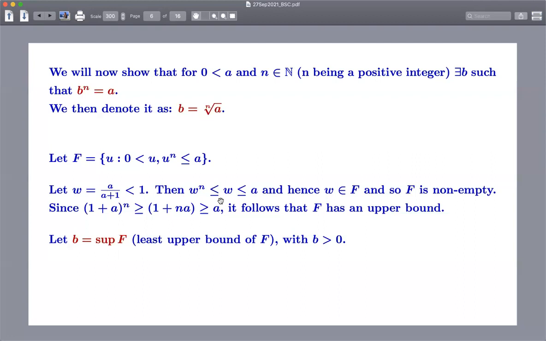One can take many different ways of writing this proof that F is non-empty and has an upper bound. The only thing we need to show is that something is in there, and that it has an upper bound. All right. After that, we have a B, the supremum, which exists. Now we have to argue that B itself is such that B^n is equal to A. Intuitively it is clear, but we have to prove it using only the things we have been given, or simple observations we have made.